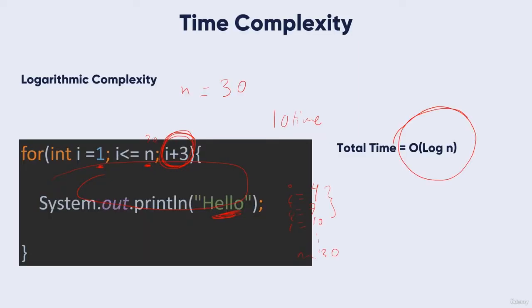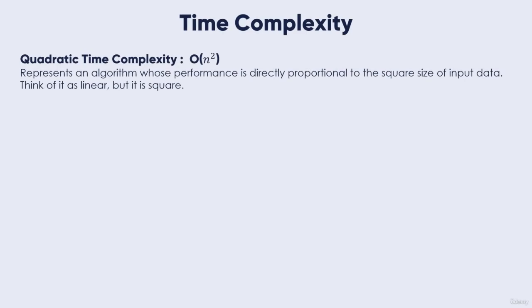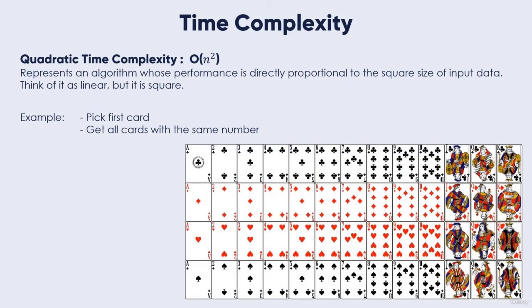The third type of time complexity is the quadratic time complexity, O of n squared. It represents an algorithm whose performance is directly proportional to the square size of input data. Think about it as linear, but it's a square. So, for example, if we have a card deck here, and I told you to pick the first card, you will pick the ace of